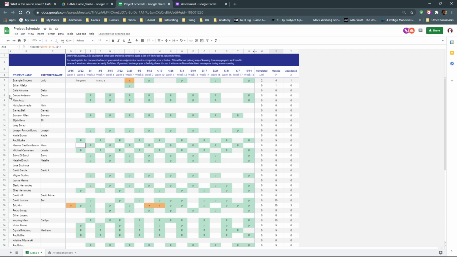So you find your name. Let's just, for instance, boom, there's a person. And you think, well, based on what I'm going to try to do, this is how many weeks I think I need to try to complete a tutorial or try to put together my prototype that I'm building. Okay, so a lot of you have given yourself 2-week gaps. That would be for something very simple like tutorials plus a little bit.